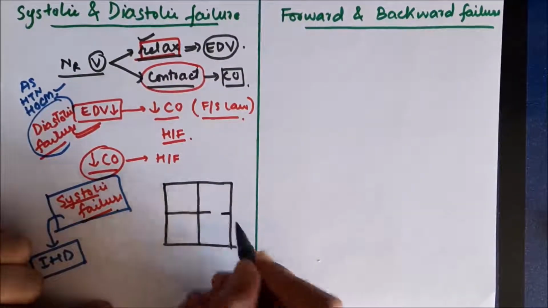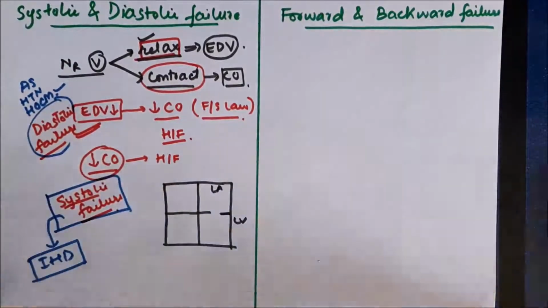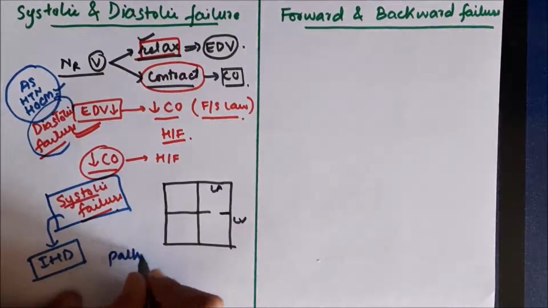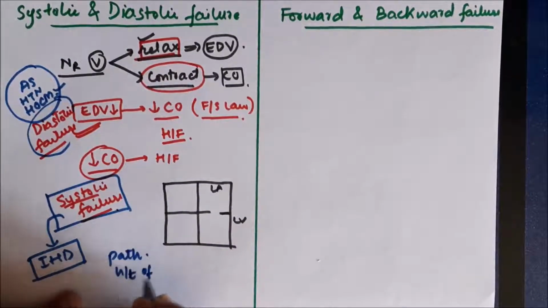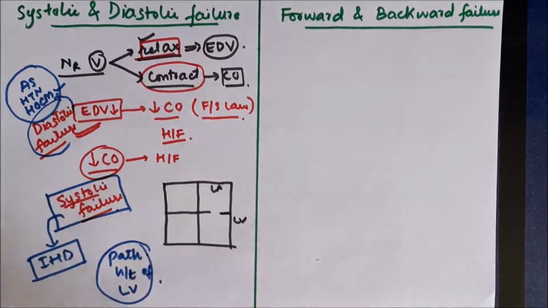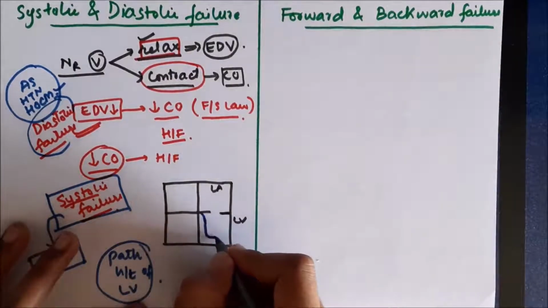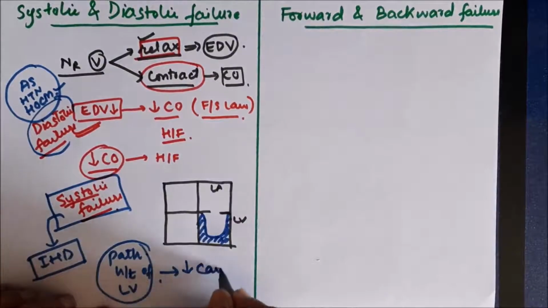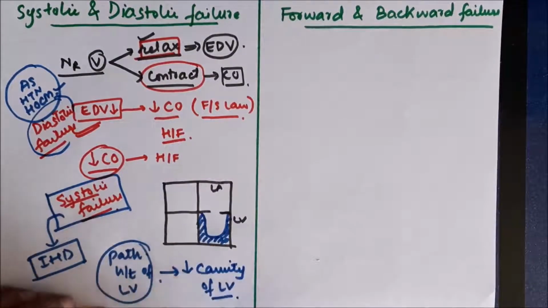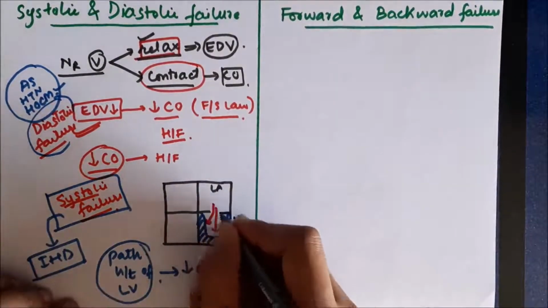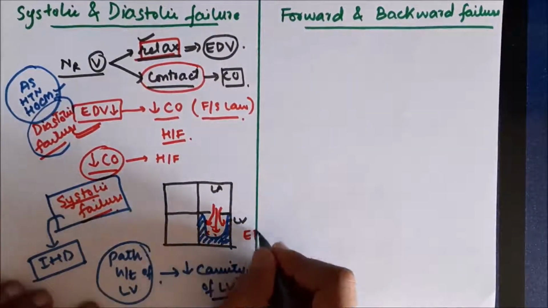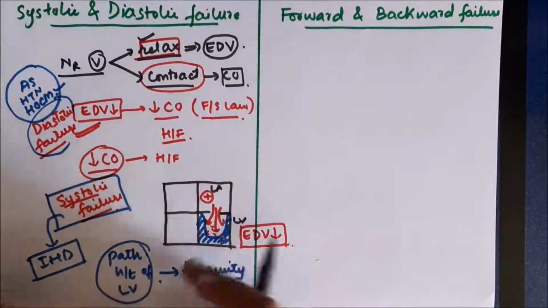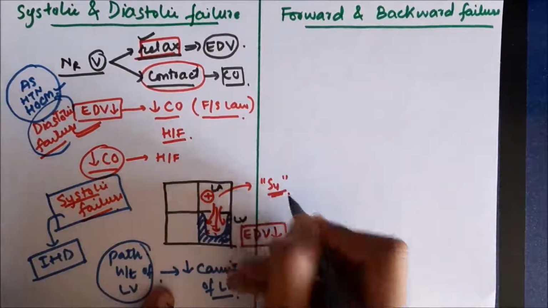So if this is the schematic representation of the heart, this is the left atrium, left ventricle. Now, in all these cases, there will be pathological hypertrophy of the left ventricle of the heart. Now, this hypertrophy will not be on the outer side, it will be on the inner side of the septum. So as a result, there will be decrease in the cavity of the left ventricle. So less blood from the left atrium can reach the left ventricle, and as a result, due to a hypertrophied ventricle, the left atrium can apply some force in order to forcefully pump blood, and that will result in production of the fourth heart sound, or S4.